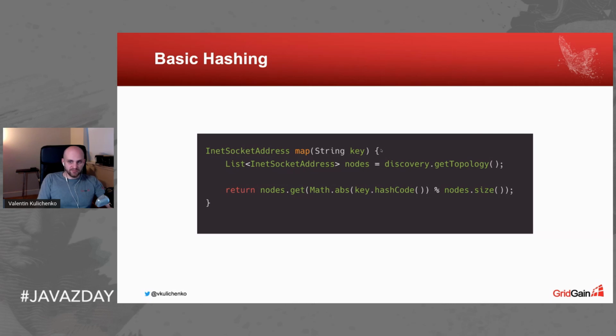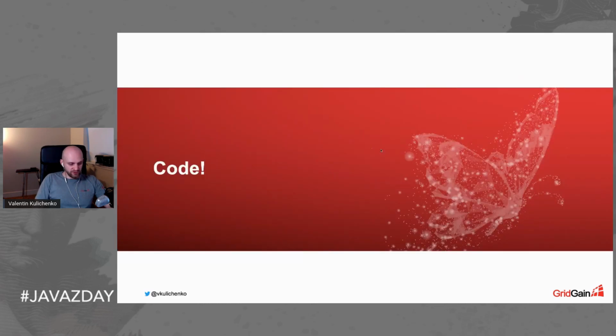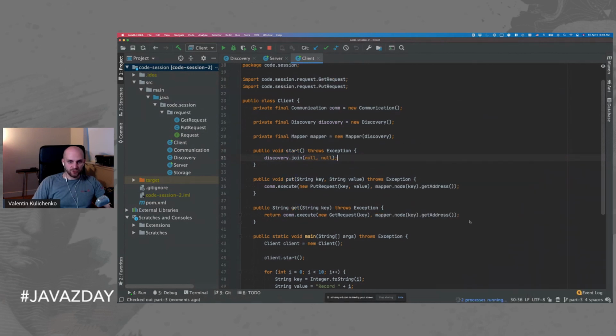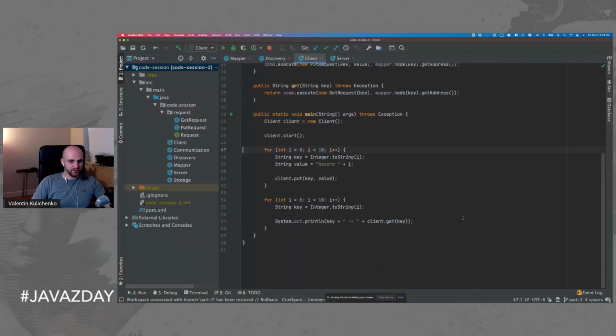So that will essentially give us an index of a node in the list, right? If we have 3 nodes, we'll get either 0, 1, or 2, and this way we'll pick the node from the list. So as long as the topology doesn't change, as long as we have the same number of nodes, this will always give us the correct, consistent result for any key that we might provide. So that's what we're looking for from this hashing function. So let's take a look at the code, see how it looks, and we'll also run it and see how it now works as a distributed system,